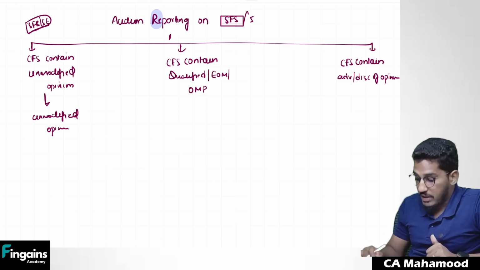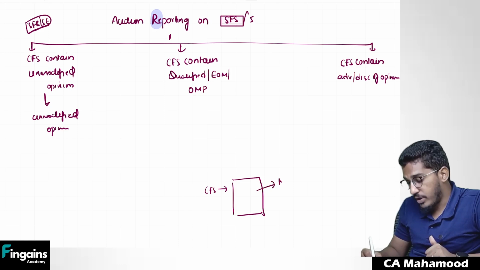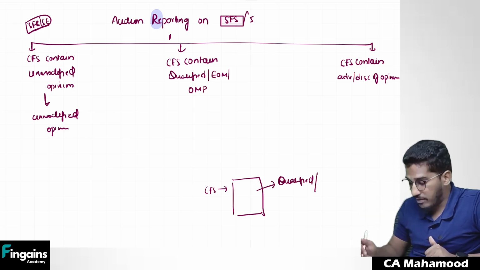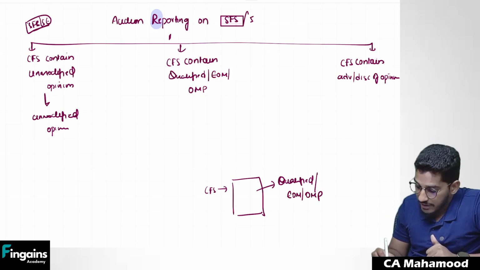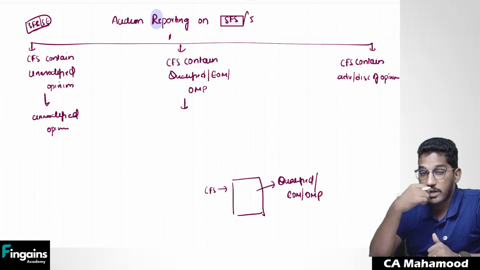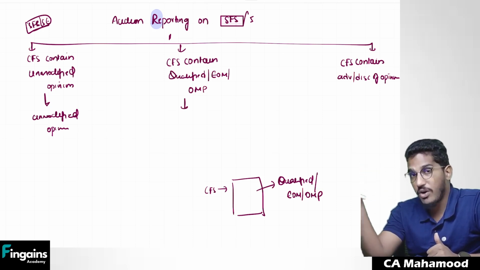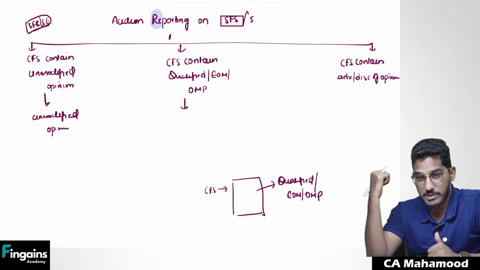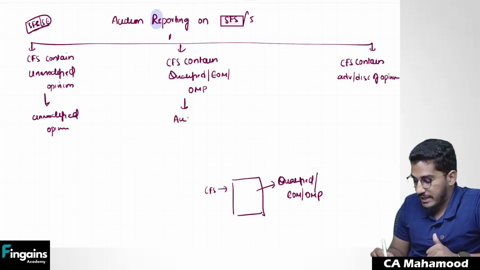Second case, sir, on the complete financial statements, audit has happened, and in the audit report of the complete financial statements, the main auditor has given a modified opinion. Basically, he has given either a qualified opinion, or in the main audit report there is either an emphasis of matter paragraph or an other matter paragraph. Now, what should I do? Should I also give a qualified opinion on that single financial statement? Should I also include an emphasis of matter or other matter paragraph in my audit report on the single financial statement or specific element of the financial statements? Is it mandatory? Not required. It is not mandatory. The auditor has to decide.